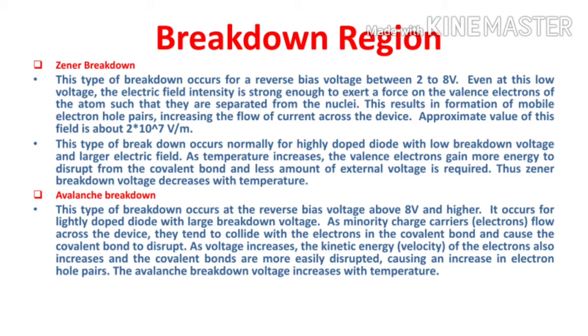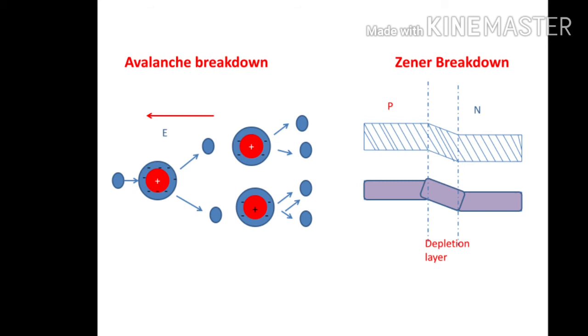Okay, so in this diagram you can clearly see the first image indicates the avalanche breakdown. One electron goes and hits the other, which disturbs two others, then again 4, likewise it goes on multiplying. Whereas the next one is because of slight variation only. So this indicates the Zener breakdown.